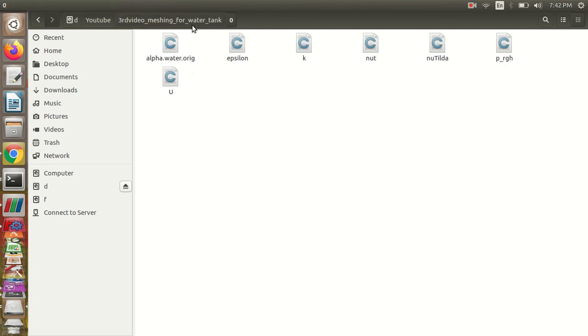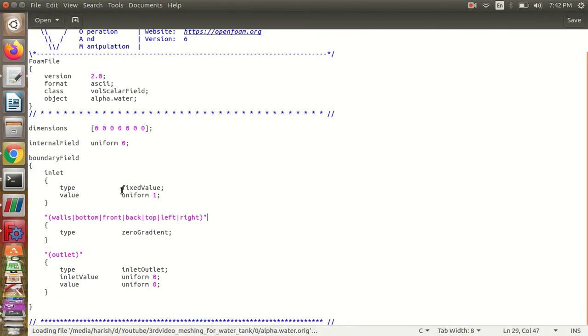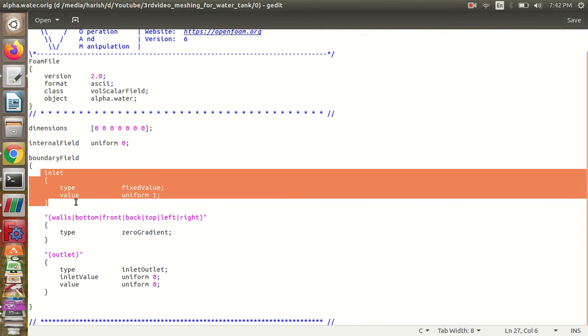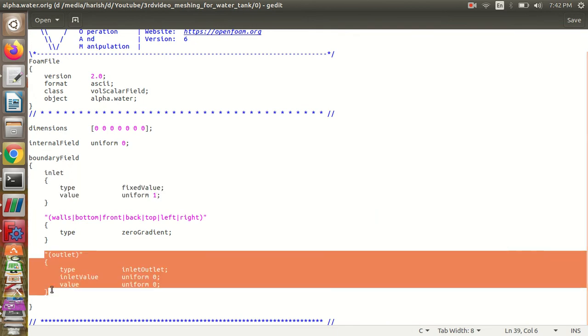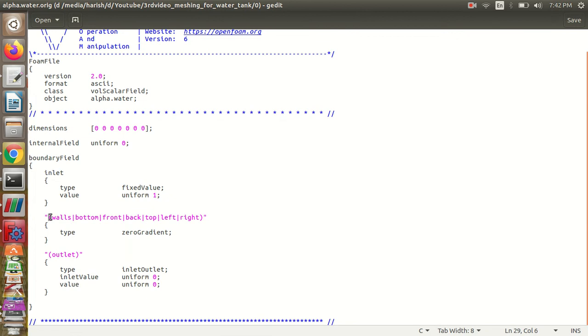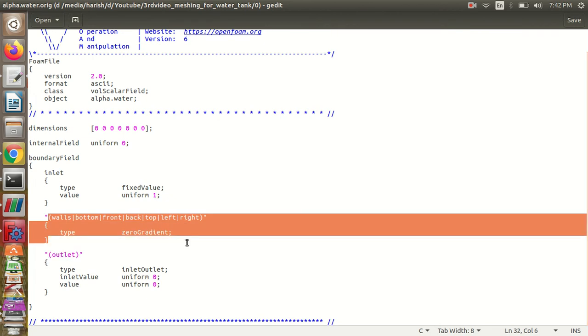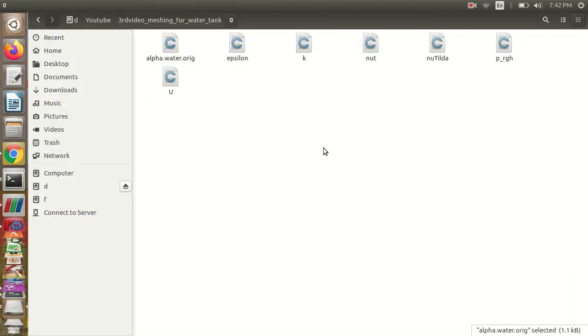Then the rest of the things are the same, but let me quickly go through what is there in the zero folder, because this is really important, because you now need to give the boundary conditions: your inlet boundary condition, your outlet boundary condition, and also your wall boundary condition. I don't want any water to flow out of the wall, right? So I'm giving it as zeroGradient, and the inlet as a fixed value, with the value as uniform 1. You don't need the other things, because I'm just generating a turbulence model. If you want, you can check it with the laminar model, don't worry about it.